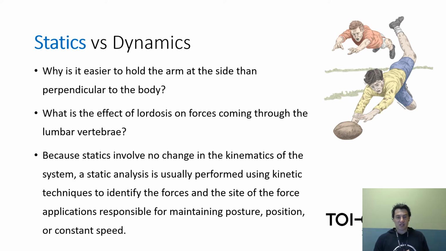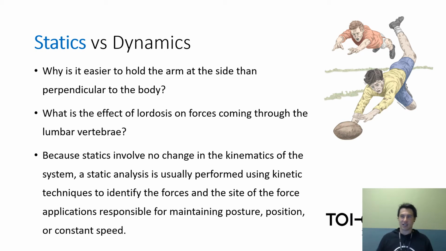Put our arms at our side, then our body is stacked in a way where the center of mass is closer to the point of where gravity is pulling on us. If you think about spine lordosis, which is a big arch in your lumbar spine, or scoliosis, which is this curved spine, thinking about this concept and deltoids having to overcome more force against gravity, what do you think